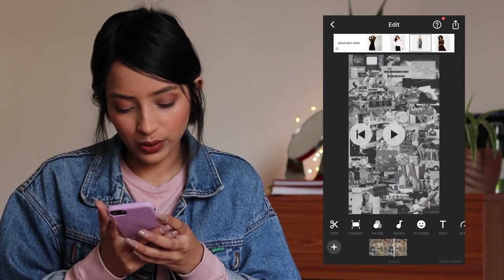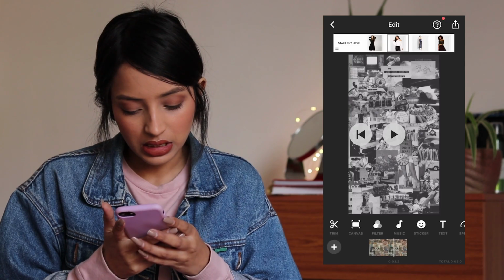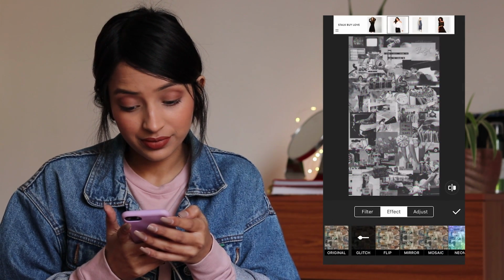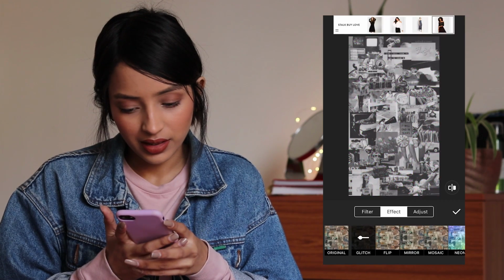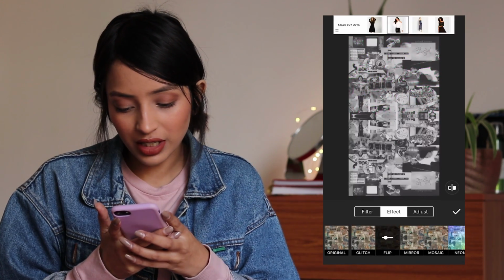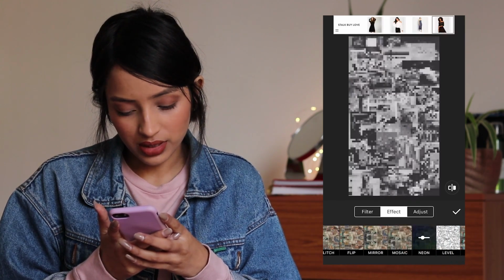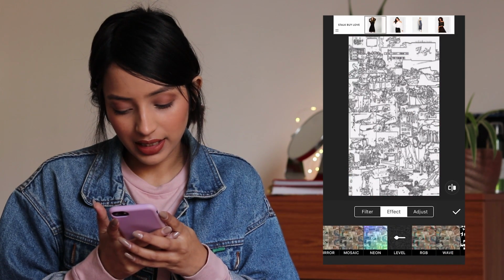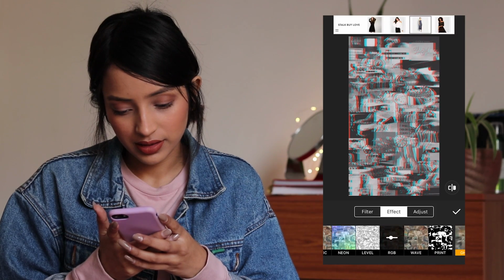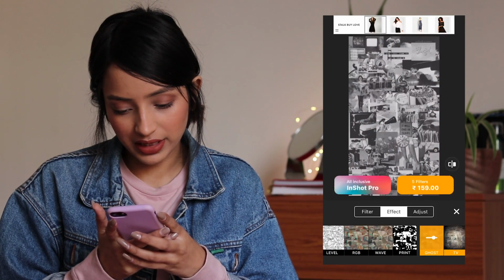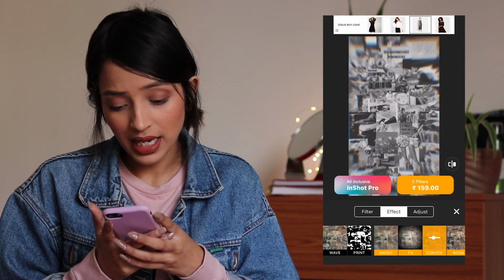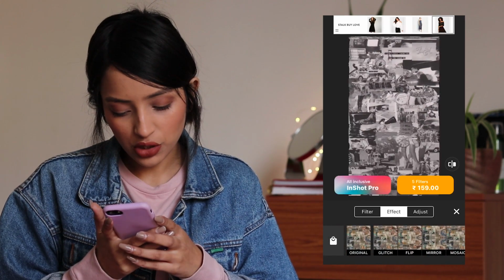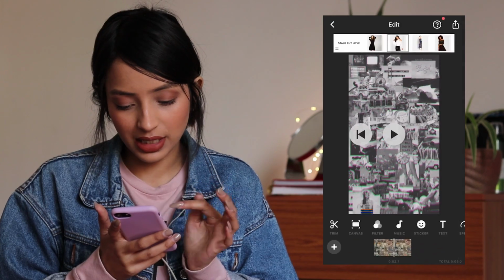Suppose you select this black and white one, and then you select effect and glitch. Amazing. Then flip, mirror, mosaic, neon. This is really cool. I really like this. And black and white, wave, and then you can obviously purchase more things. I have honestly not purchased, but I really want to. I really like this noise filter. So I think we're gonna stick with